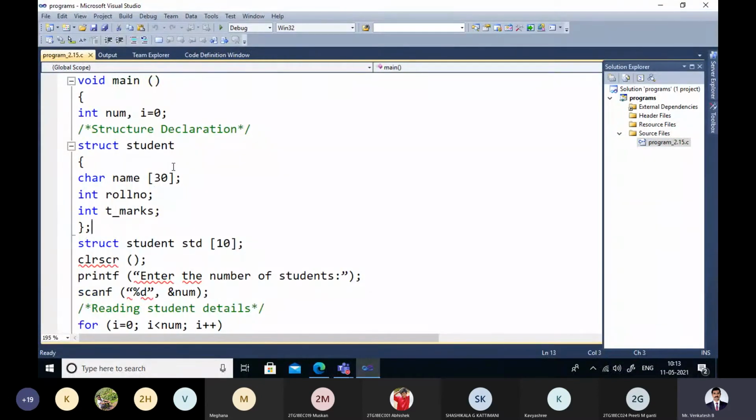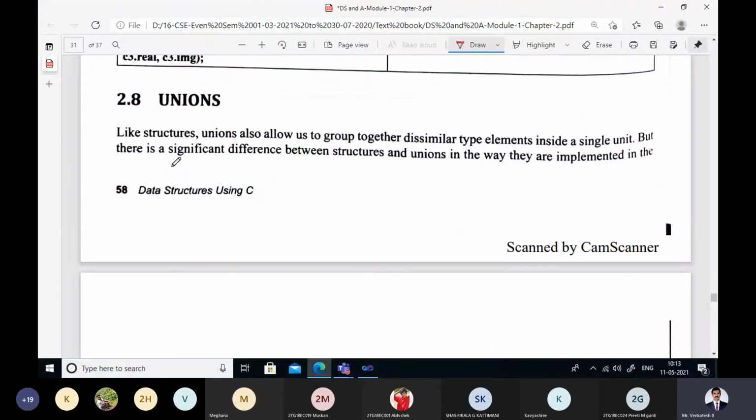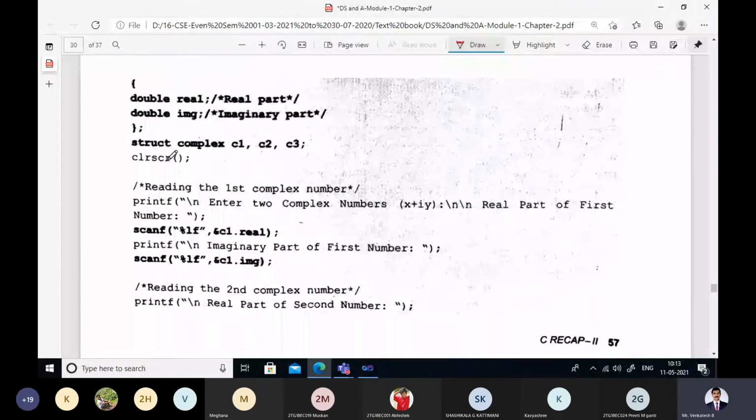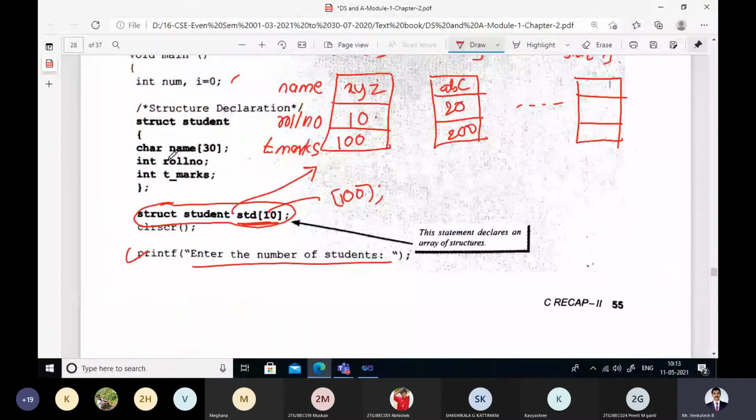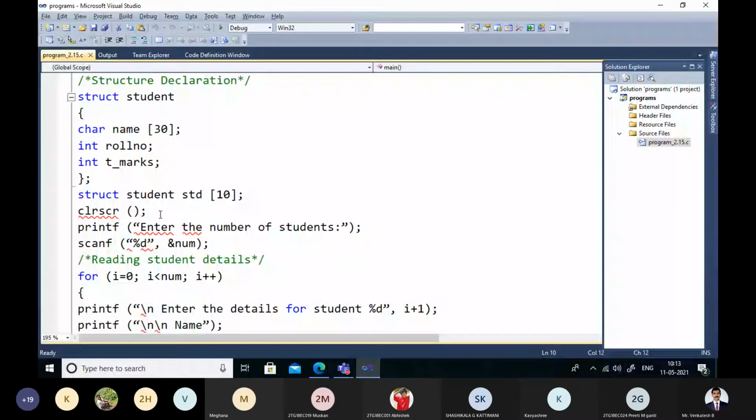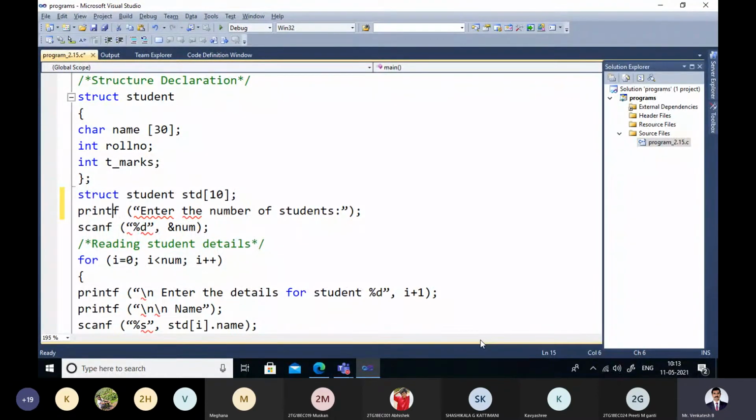I hope you can see these fonts. Is it visible to you? Can someone respond to this text? Do we have synchronization between audio and video? Is there any disturbance in the explanation part?